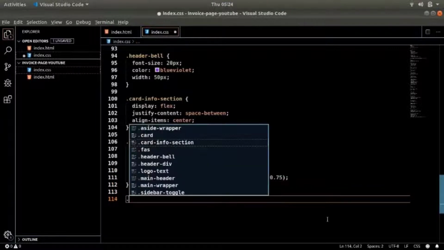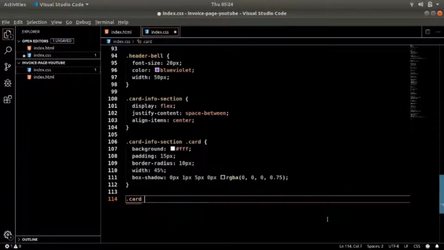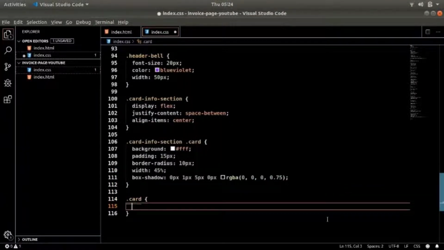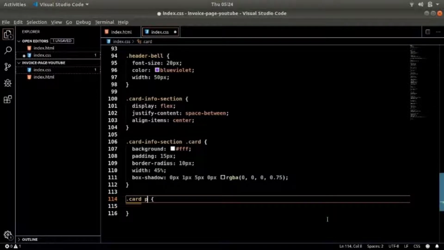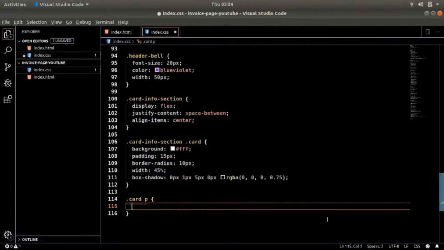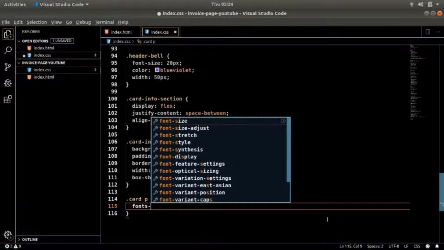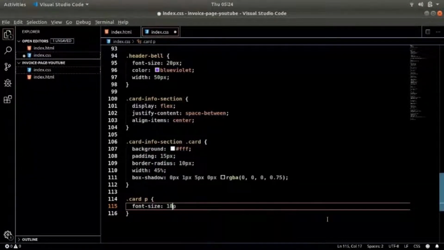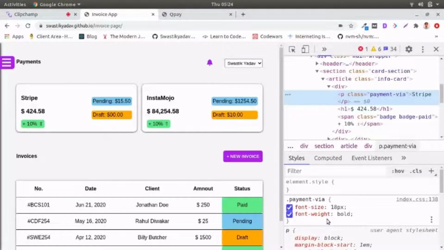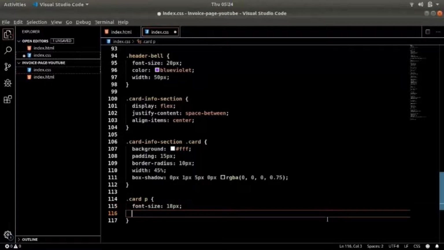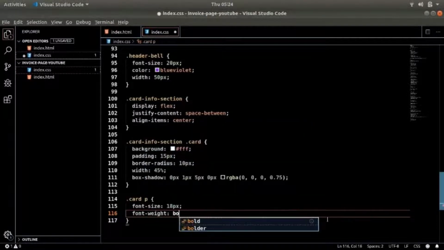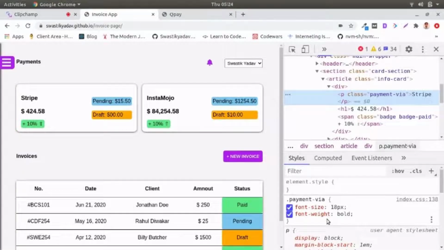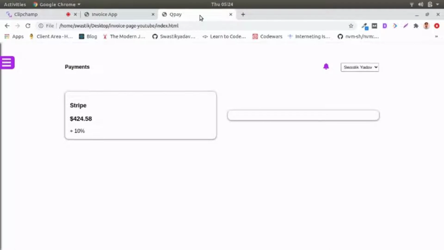So in the card section we have a p tag which has a font size of 18 pixels, and a font weight of bold. And that's it.